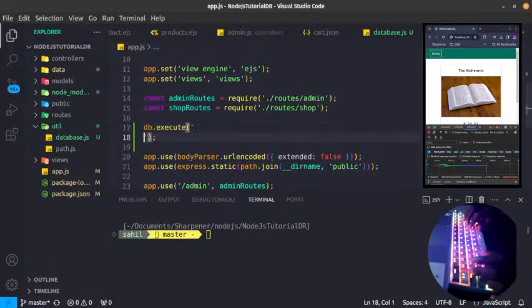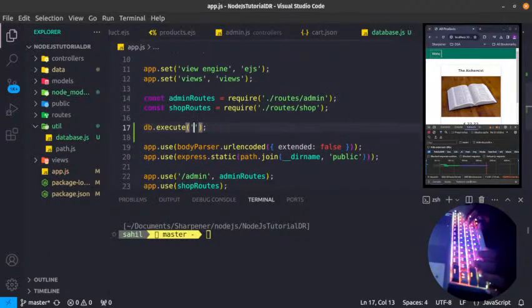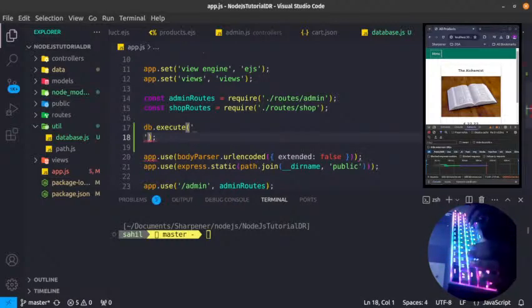Now, of course, that means you need to know SQL, and I will teach you a very basic SQL here in this course. If you plan on using MySQL together with your Node app, you definitely also have to take a SQL course, which dives into all the depths of the SQL language, because that is far beyond the scope of this course, which is of course a Node course and not a SQL course. But what we could do here is we could select everything from products, and of course we have